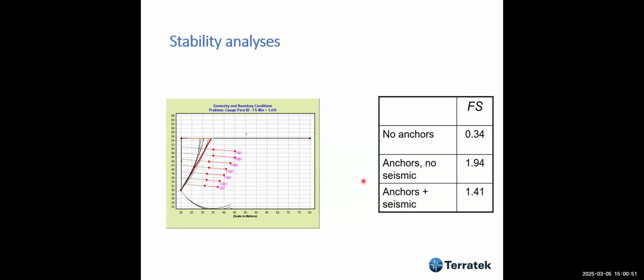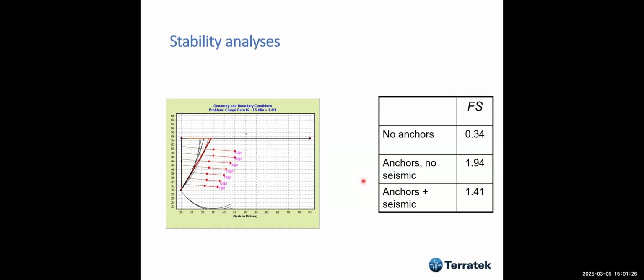I did a lot of stability analysis. The factor of safety without anchors was 0.34, without seismic value; and 1.94 with anchors plus seismic value. I did pseudo-seismic analysis, and in this area the ground acceleration is about 0.3, so it's very, very high. And so we have to allow for seismic